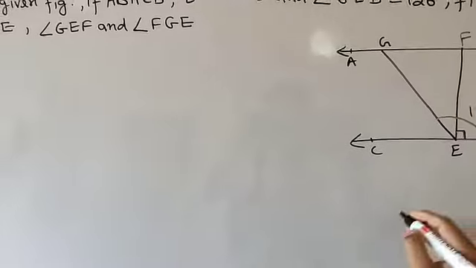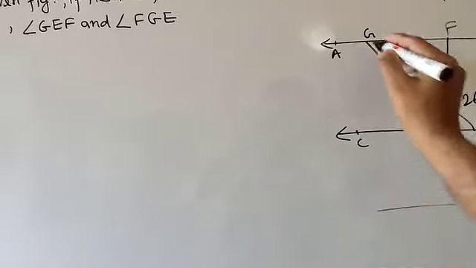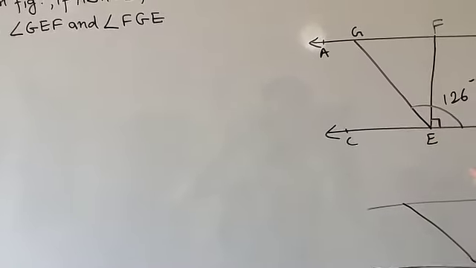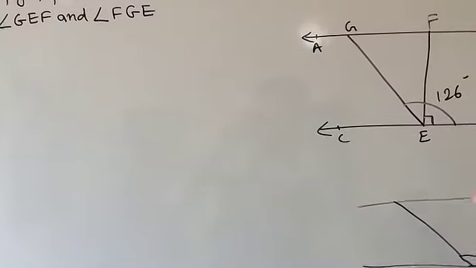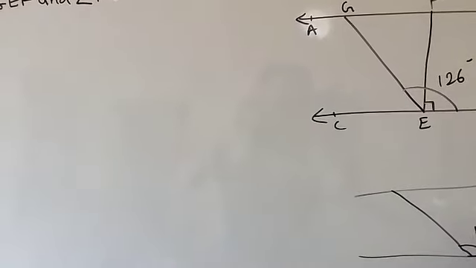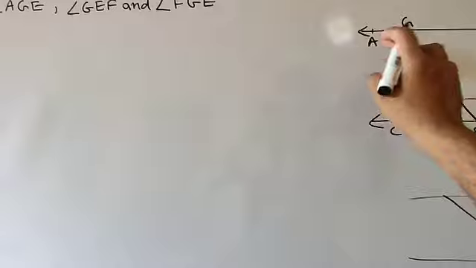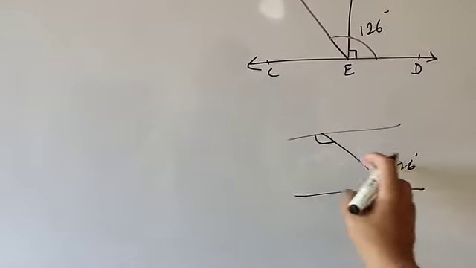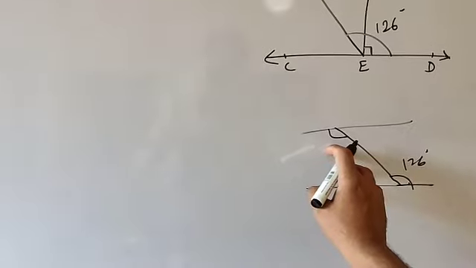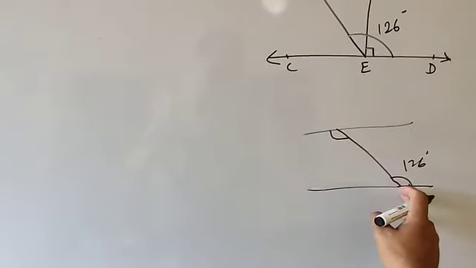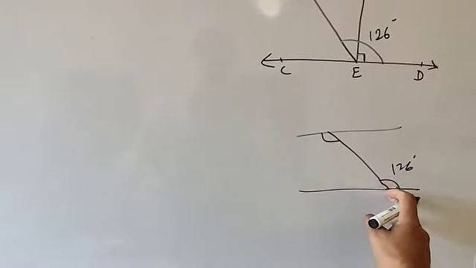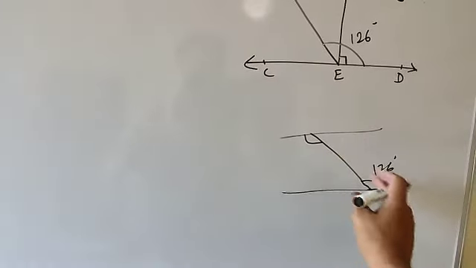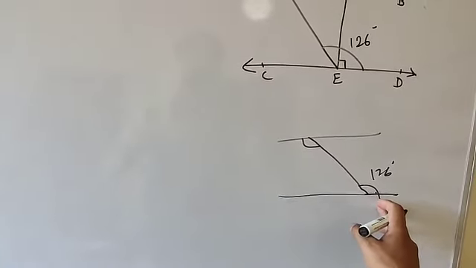Students, here I am going to explain, and you can find the rest by yourself. If these are the two lines and GE intersects like this, I am going to draw it separately, and in the question it is given 126 degrees. You need to find angle AGE, this angle. What type of angles are these two? These two are alternate interior angles. It means angle AGE equal to 126 degrees. That is the answer of the first. You will write angle AGE equal to 126, alternate interior angles.